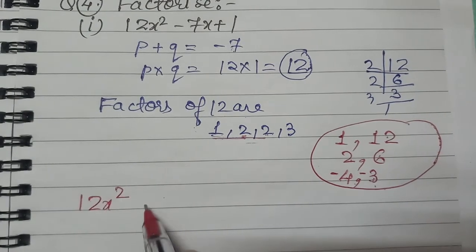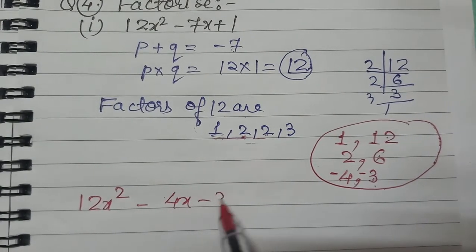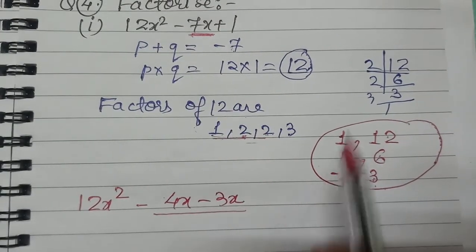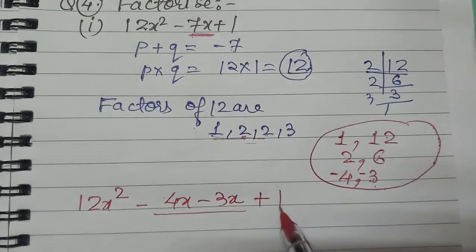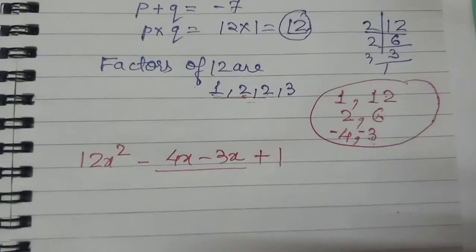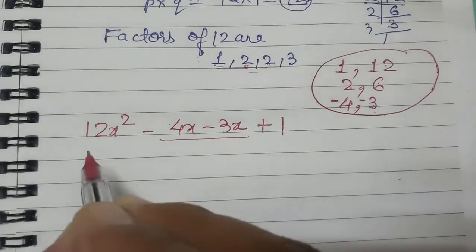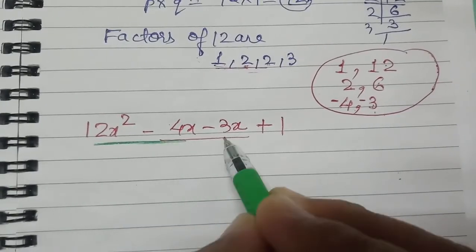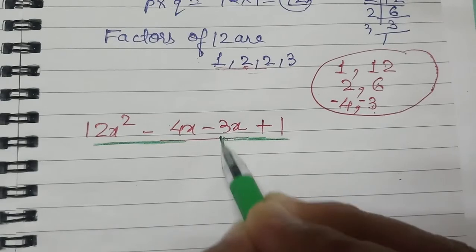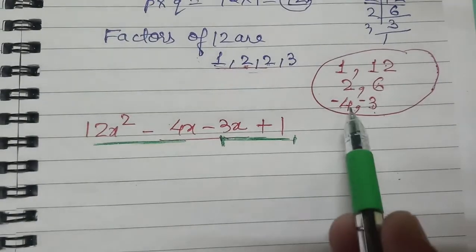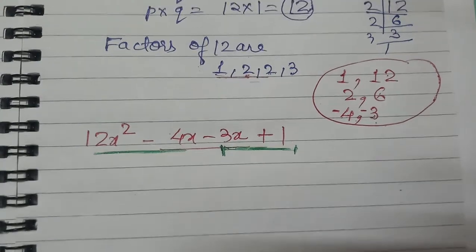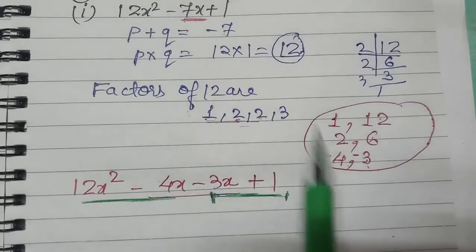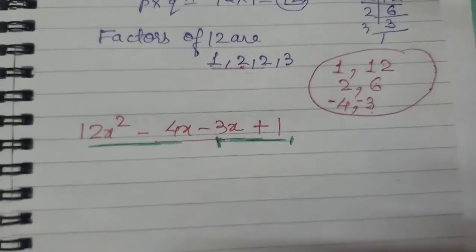So we can write minus 7x as minus 4x minus 3x. This minus 7x we can write as minus 4x minus 3x, and plus 1 is going on there. So we have split the middle term. After that we have to take pairs. Let us take the pairs, these two together, and these two together. So children, both conditions meet. Minus 4 into minus 3, we are getting plus 12, and minus 4 minus 3 is minus 7. Both conditions must meet, then only is it a middle term split.